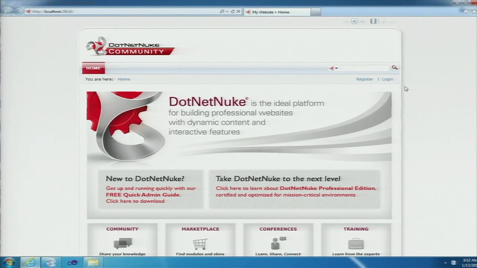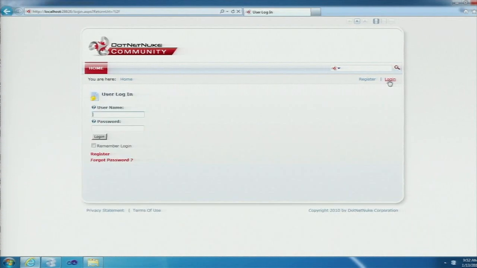While that's loading, I just want you to note the amount of simplicity and the amount of user experience that has gone into the Web Matrix product, which makes it a lot less cumbersome to use than some of those heavyweight IDEs that we're used to today. So with the .NET Nuke website up and running, we want to move on to the next portion of our demo, where we demonstrate the rich Razor integration that we've provided in .NET Nuke today.